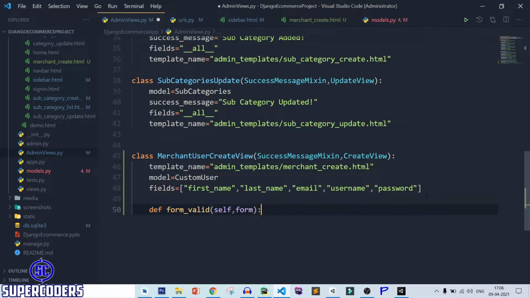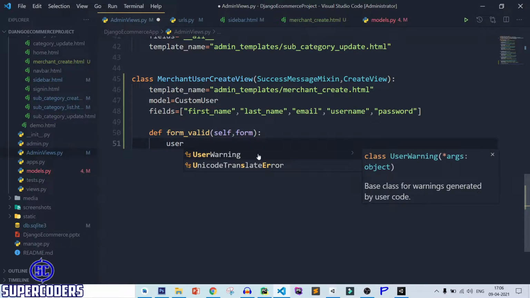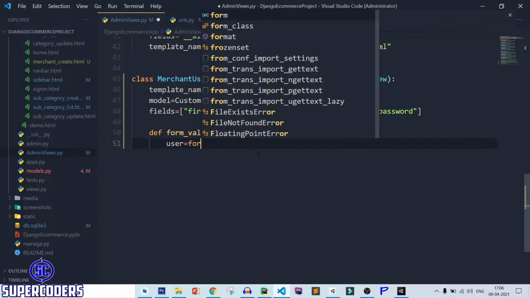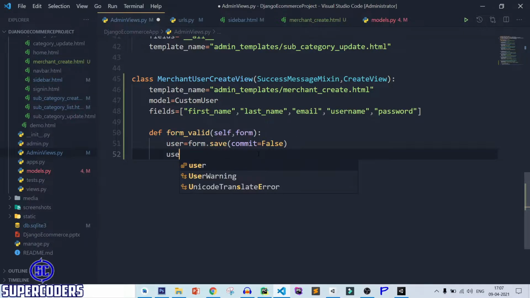Now here we can override the form method. First, user equal to form.save with commit equal to false. After that, we need to set some values: user.is_active equal to 1, or user.is_active equal to True.